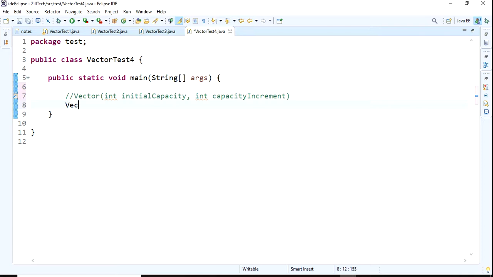Like Vector<Integer> v equals new Vector, the generic type Integer. I need to pass two arguments. First I will import them.